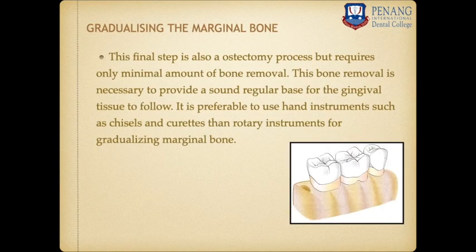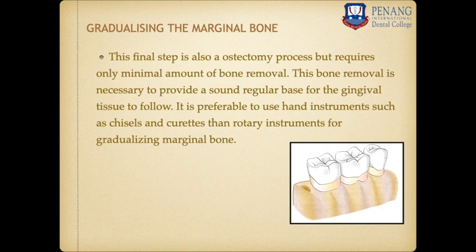So after the interproximal bone removal, we are finally going to remove the facial and lingual supporting alveolar bone. We are going to cut the facial and lingual supporting alveolar bone to a level more apical to, or at the level of, the crest of the interproximal bone, to make the contour more physiological, a positive architecture or a flat architecture. So the final step, osteectomy, is the removal of the facial and lingual supporting alveolar bone.